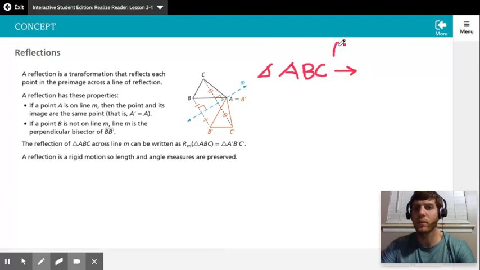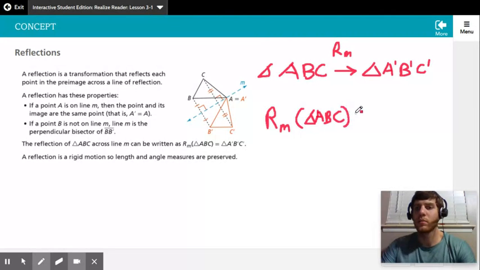We can call it a reflection over line M, so R sub M, and that's going to lead us to triangle A prime, B prime, C prime, and that's where the little apostrophe comes in. That's one way you can write it. Another way, how they have it written here, is R sub M, which means reflection over line M of triangle ABC